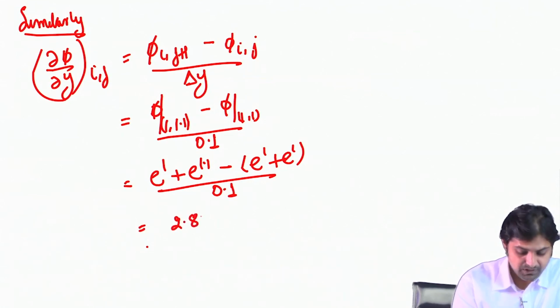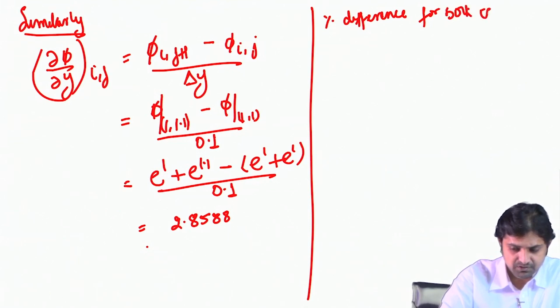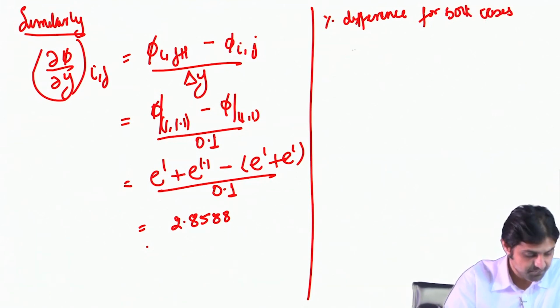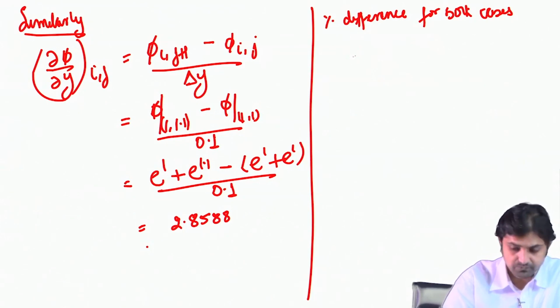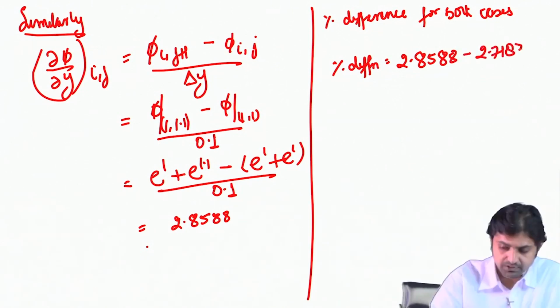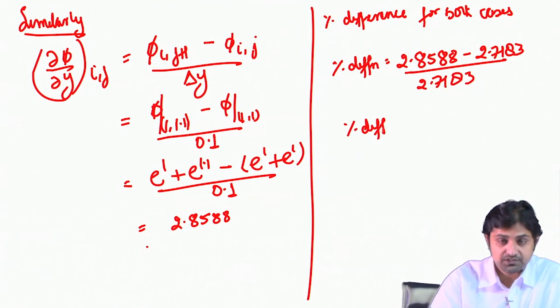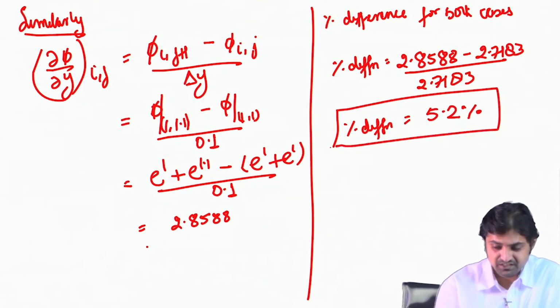This is 2.8588. So the percentage difference for both cases is 2.8588 minus 2.7183 divided by 2.7183, and this percentage difference comes out to be 5.2%. All right,